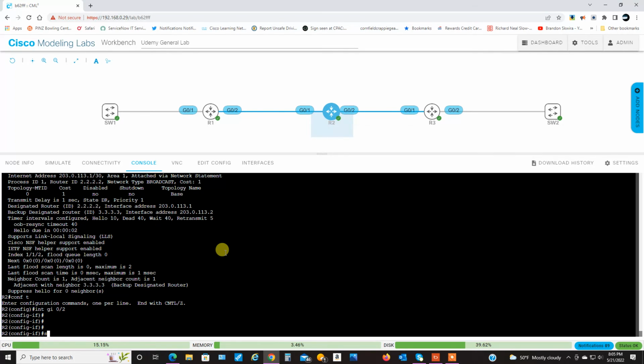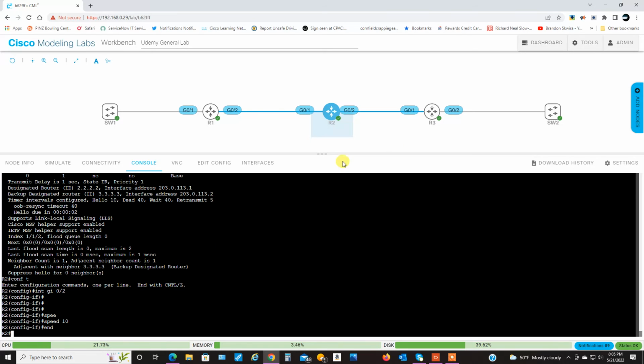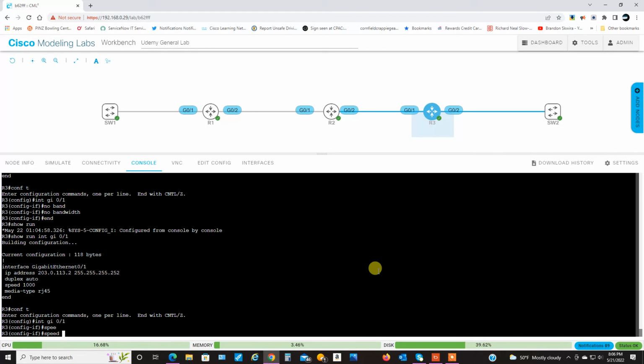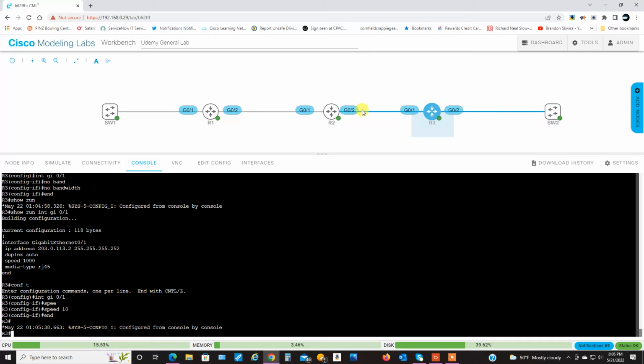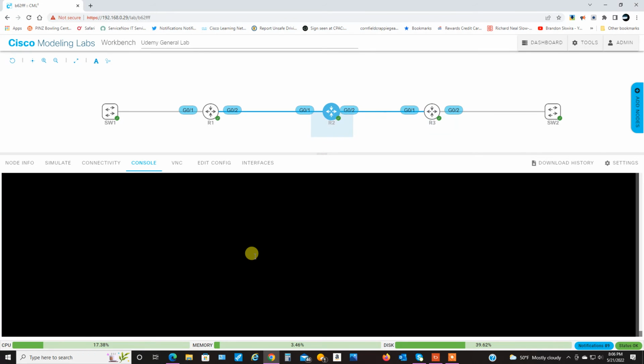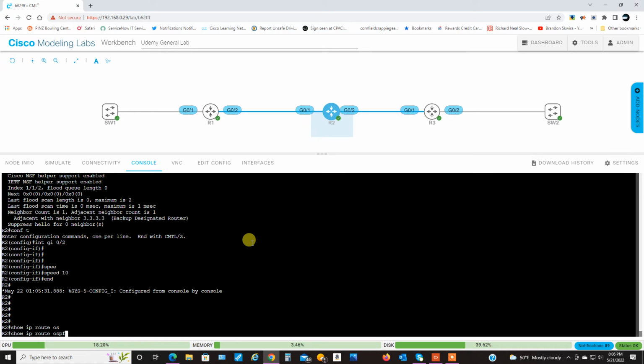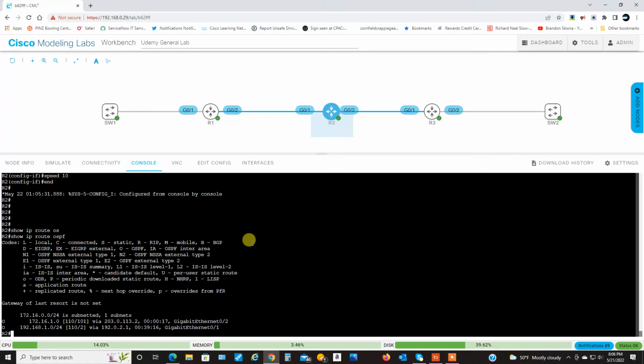So let's do speed 10. And I'll go back over here and do it. So I'm setting the speed to 10 megs per second between these two routers, right? Let's see if that impacts the cost. There we go. 101. So if I have the bandwidth command already set and then set the speed command, the bandwidth takes precedence over the speed command. However, if I just leave the bandwidth command alone, I can type in speed and